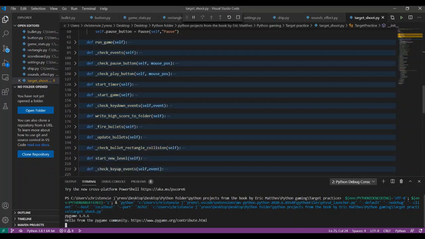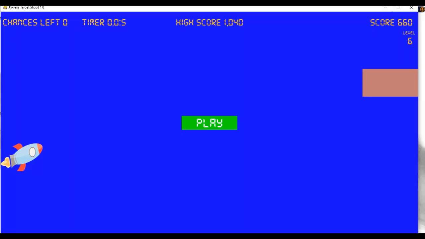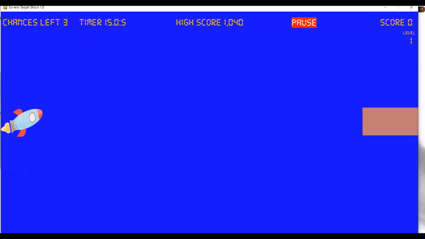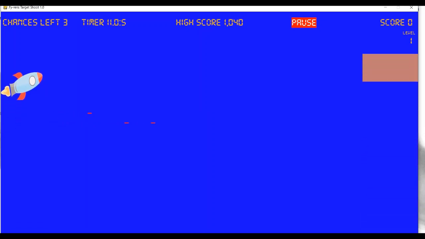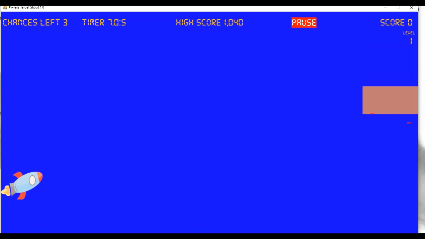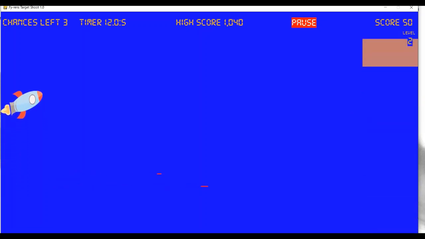So we can have a look at it once again. I've included the Git repository. There's a Git repository for the game, so we can play once again. We have the game. Now it has started. You can play the game, and you can reach the highest score you can.